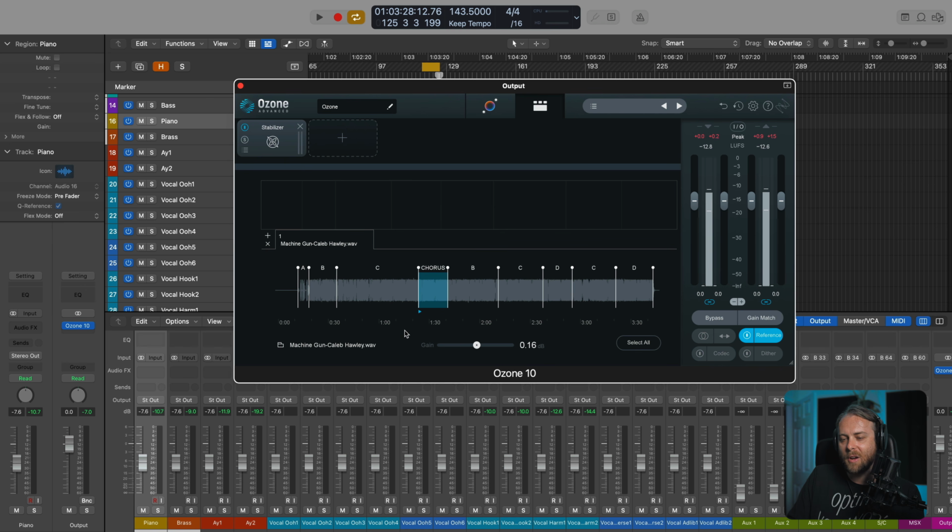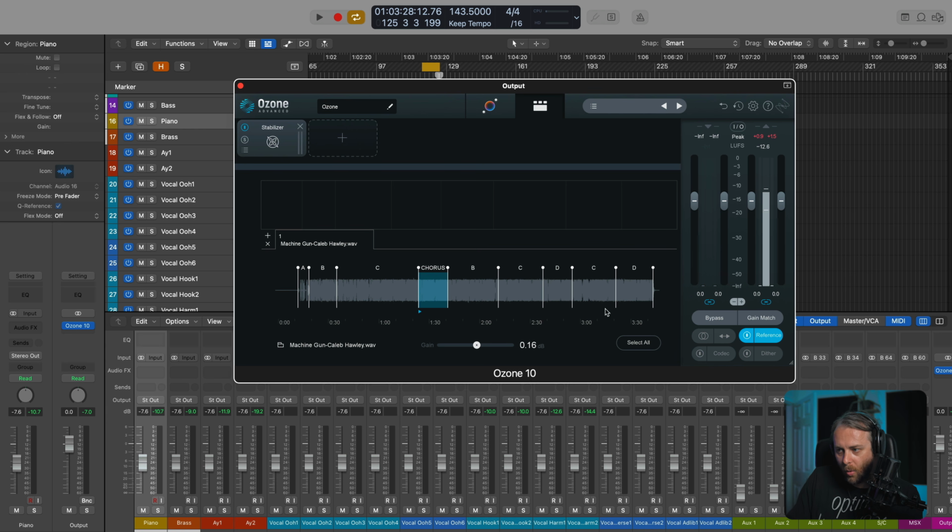Okay. And here's where it gets really interesting. So remember back in the IO section, I said I'd talk about these little icons here. So we have replace input with reference and show reference spectrum. If I press this, the input will now display the loudness of my reference, and the output will display the loudness of my source track. So I can kind of see where they are loudness-wise at a given time.